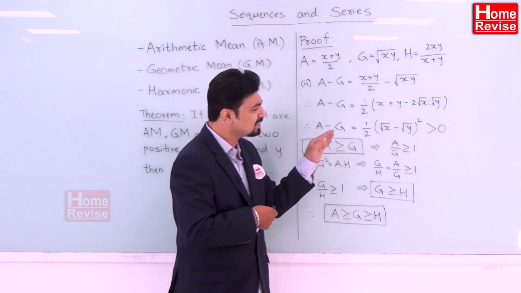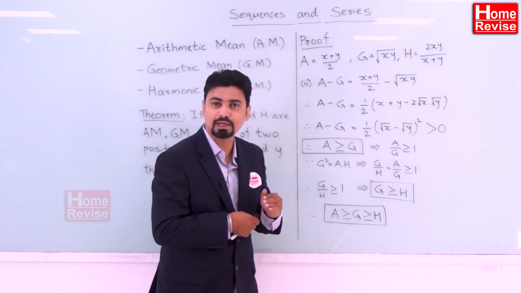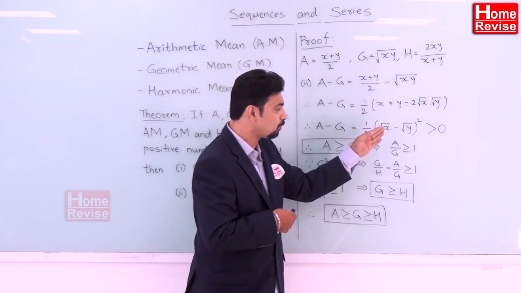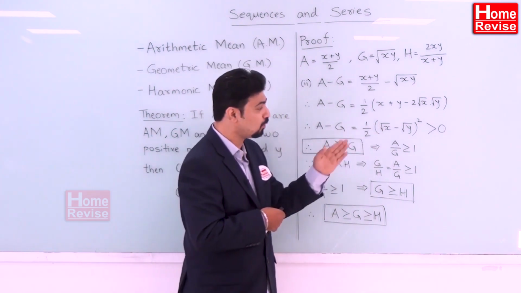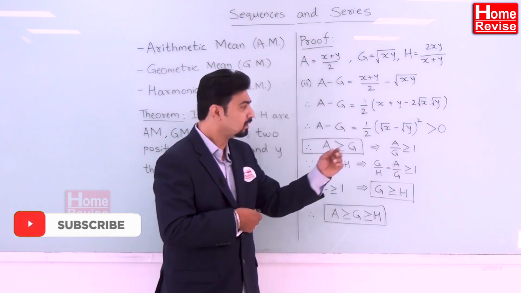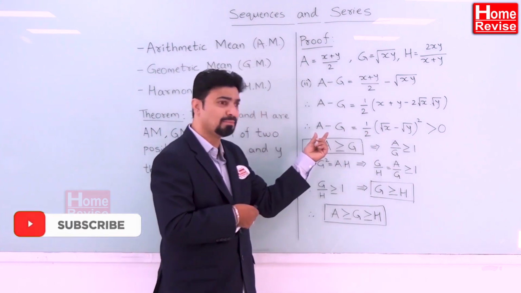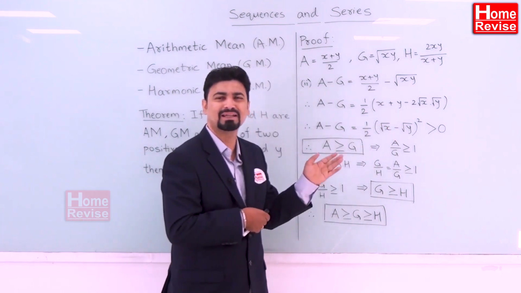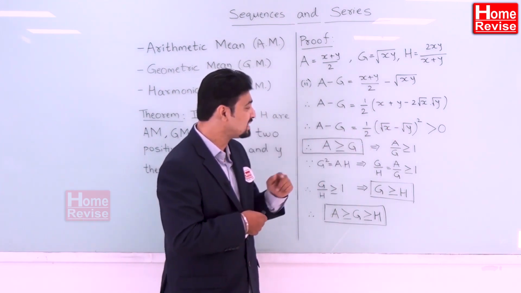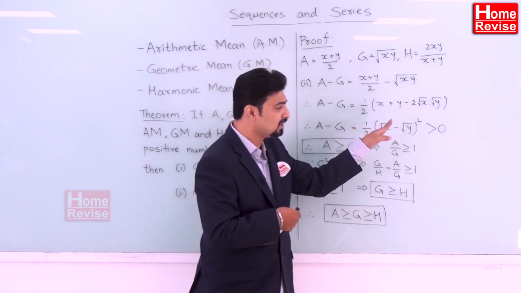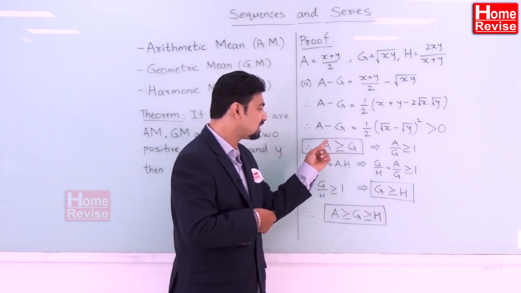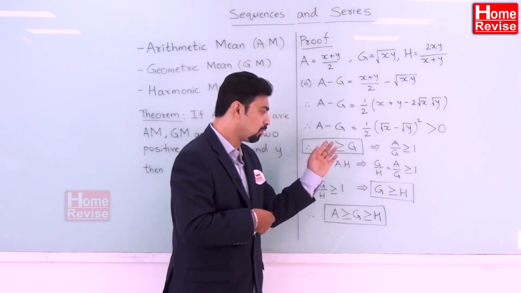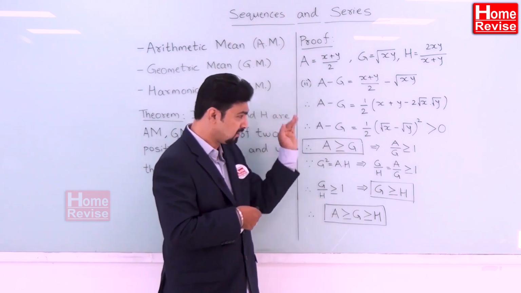Now whenever there is a square, square of any number is always positive. So here square root x minus square root y the whole square will always be positive or greater than or equal to 0. But this was the expression for a minus g. So a minus g will always be greater than or equal to 0. And hence I can say that if I transfer my minus g on the other side, I will get a as greater than or equal to g. Correct? So a is greater than or equal to g, what I have proved from this till this part of the proof.